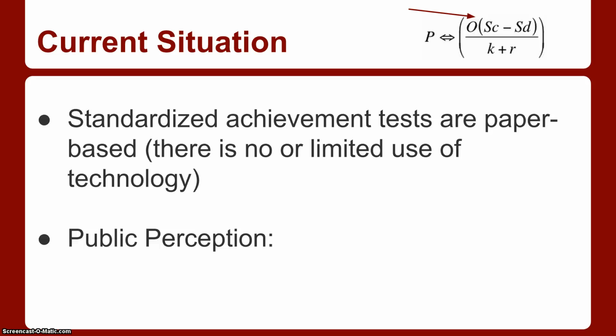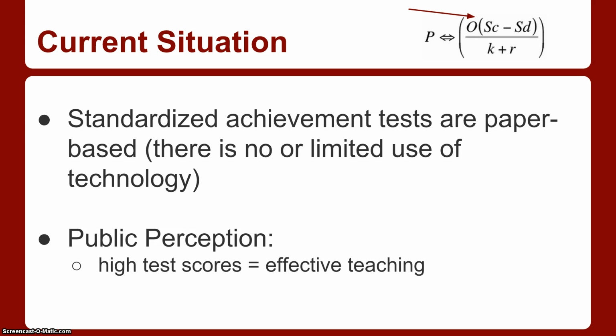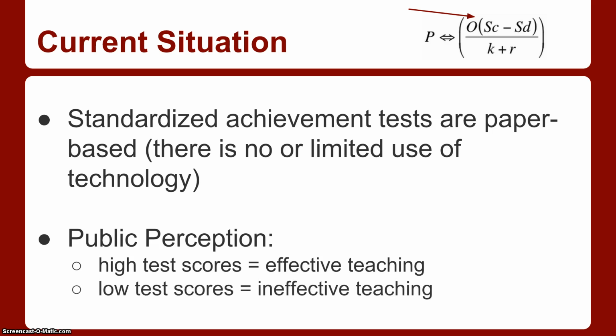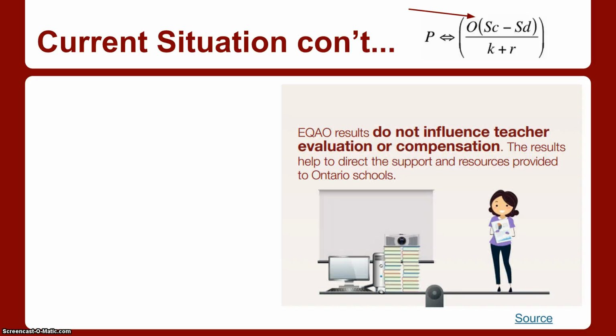High test scores are deemed to reflect that a school is effective in its teaching mandate, while low test scores may give the impression that a school is not as effective. The problem with making such broad assumptions is that they do not take into account the external variables that affect student performance, such as language abilities, socioeconomic status, or even environmental variables that may impact an individual's learning.